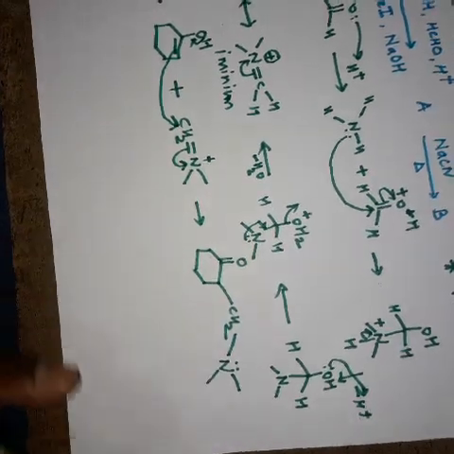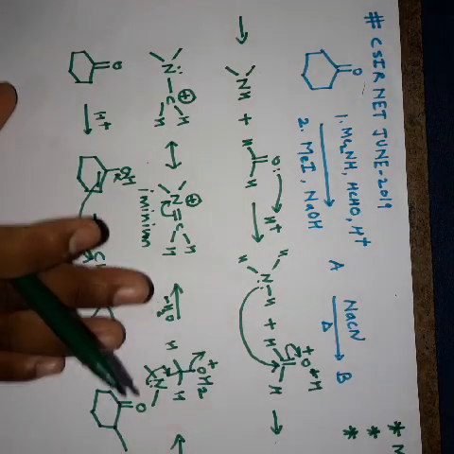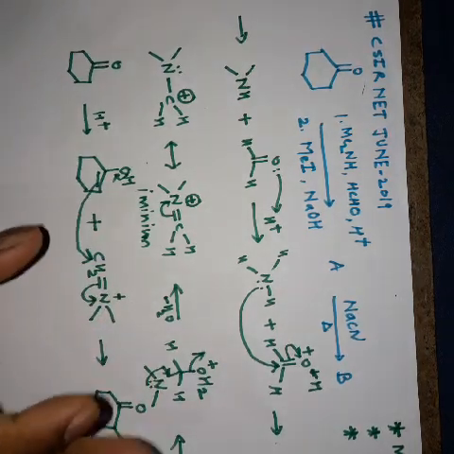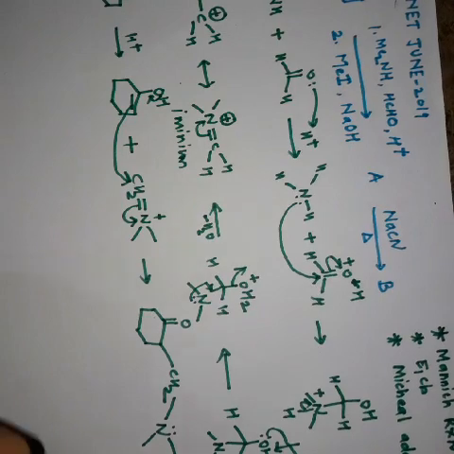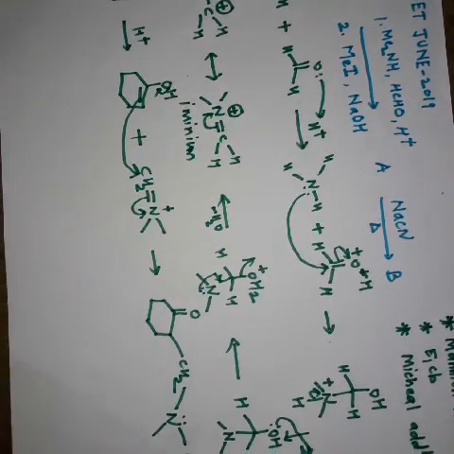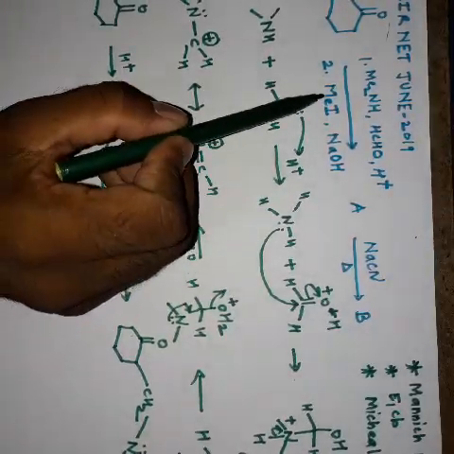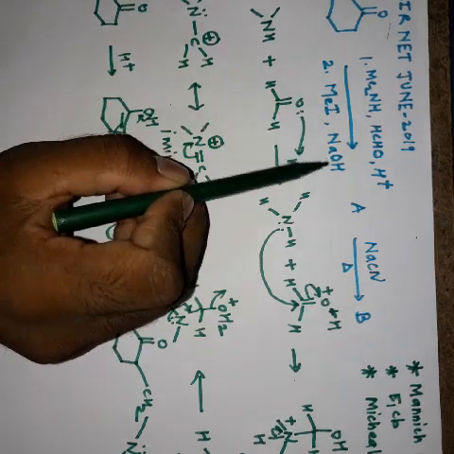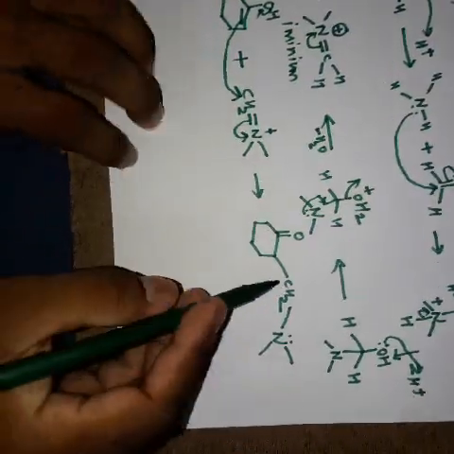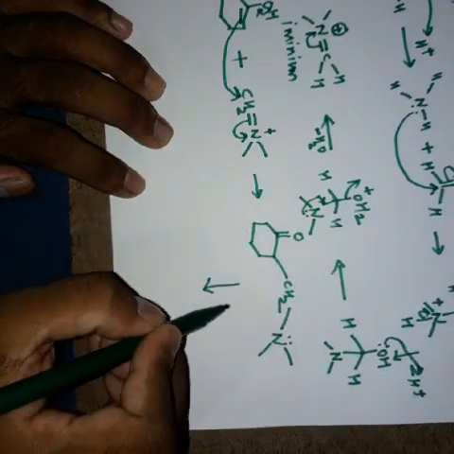Now after this they have given a second condition. Those who do not know the Mannich reaction, just follow my last video, you can go through the mechanism and you will easily find this reaction easy. Now the second condition is methyl iodide given in the presence of NaOH. So we just subject this moiety to that condition,